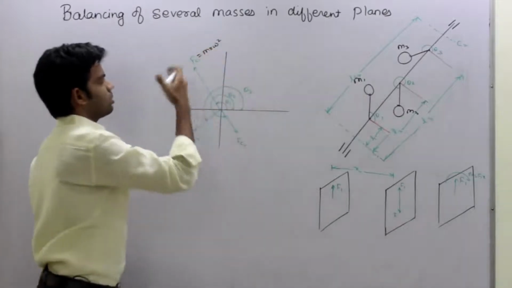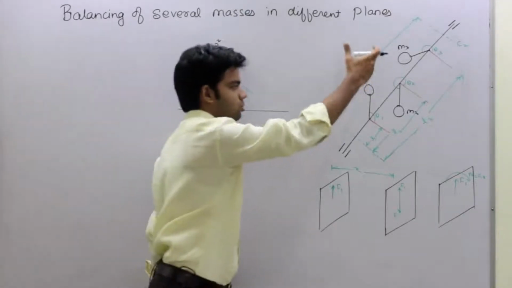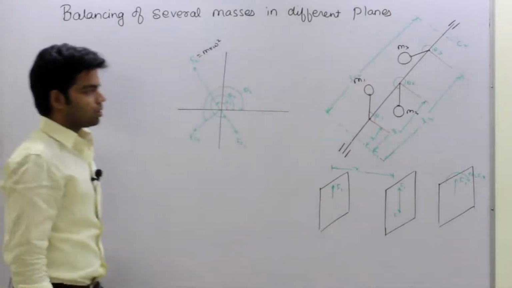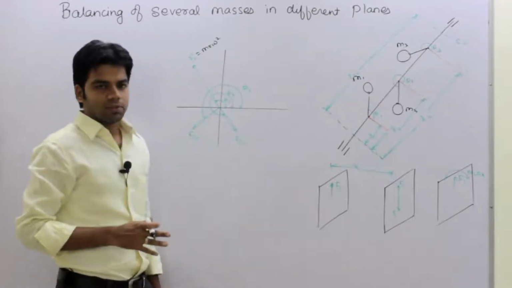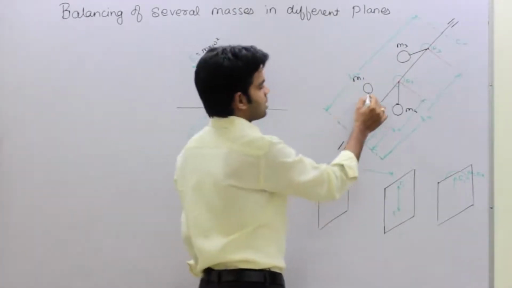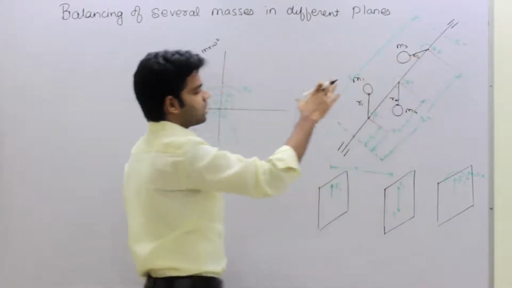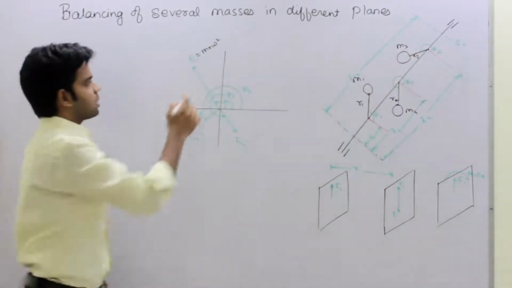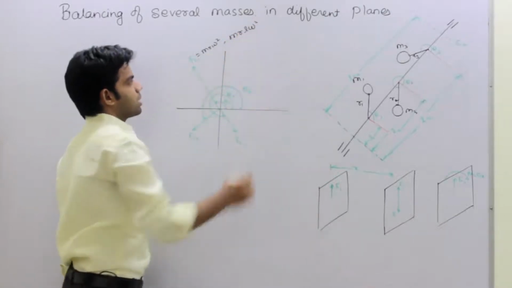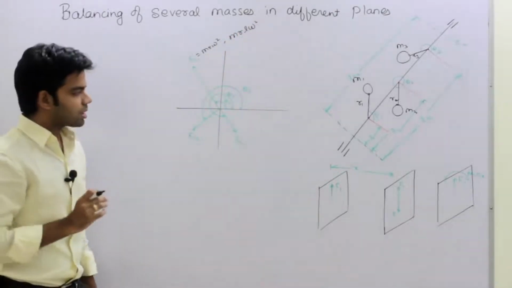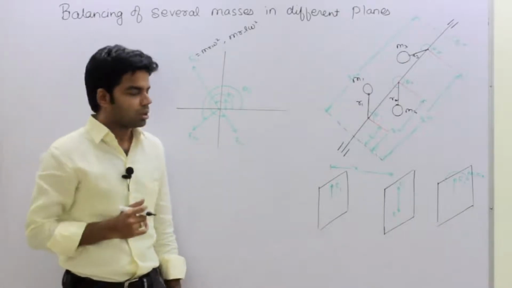or directly we can write it as m r, as the shaft is same, so omega will be common for all these rotors, for all these masses, and the direction of the couple will be the same as well. The direction in which our mass is, the direction of the radius r1, r2 and r3, the same will be the direction of the couple. So what will be the direction of the couple and what will be the magnitude of the couple? m r l into omega square. The magnitude of the couple vector will be m r l omega square, and the direction will be the same as that of the direction of m1, m2 and m3.